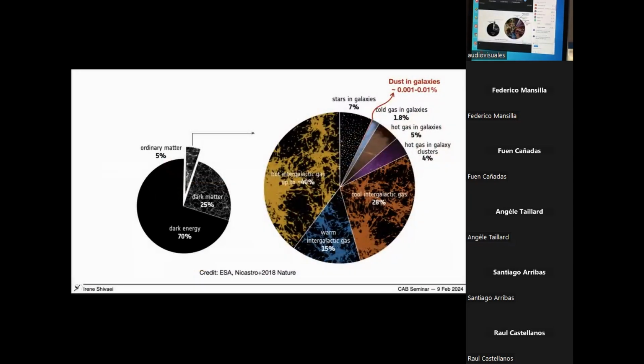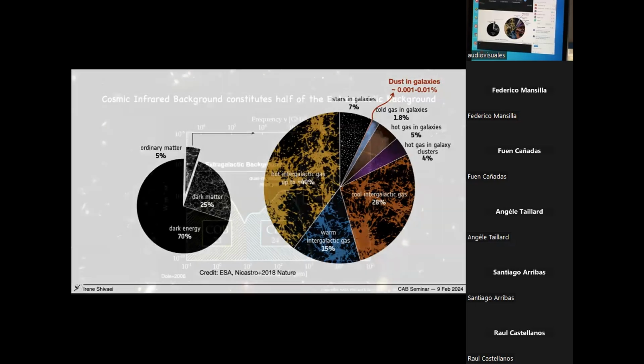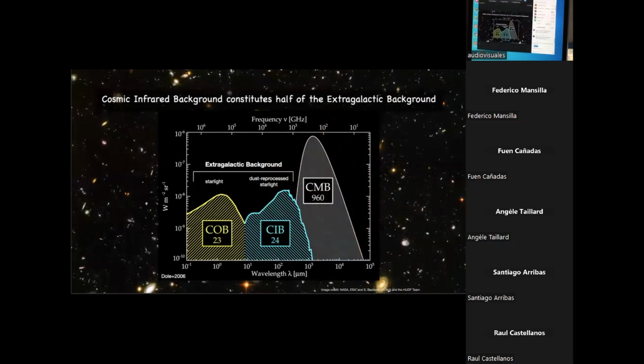This little tiny constituent, in terms of baryonic matter in the universe, only constitutes 1 to 10 parts per million of the baryonic matter in our universe. But in terms of energetics, dust has major roles in defining the spectral energy distribution of our universe. If you look at the SED, or spectral energy distribution, of the universe, obviously the cosmic microwave background dominates the energy. But from the electromagnetic content of our universe that comes from galaxy formation and evolution processes, half of it is dust reprocessed light, which is called the cosmic infrared background.